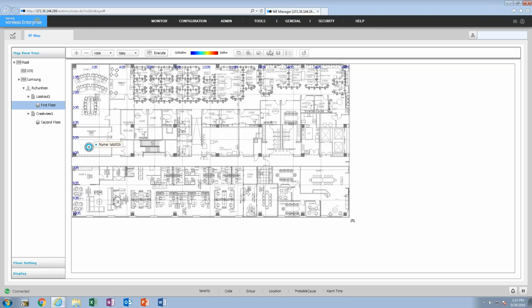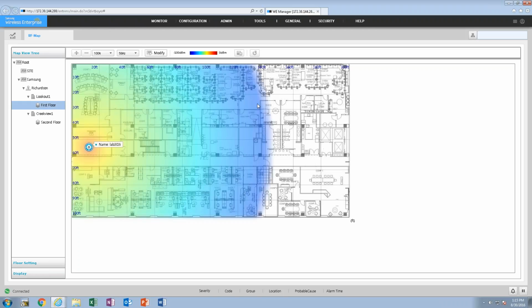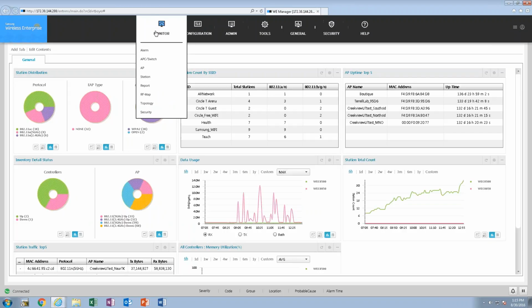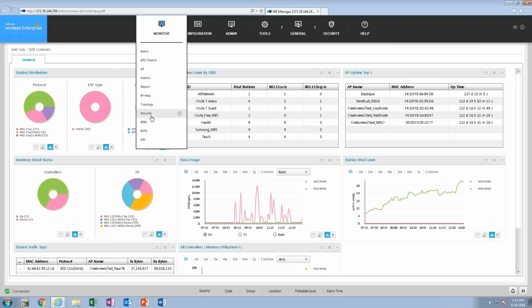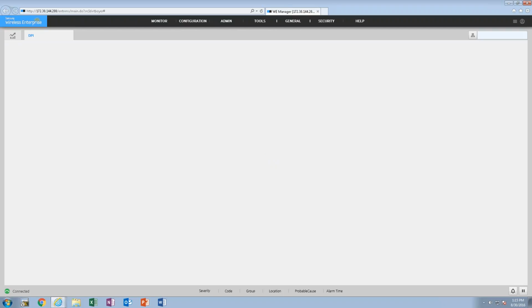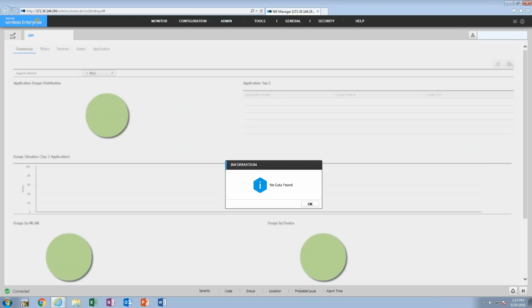Once you're done modifying the map, you would just hit save and then go back into execute mode, and that brings everything back online for real-time monitoring. Okay, so we'll go ahead and drop out of that. Moving on down, we've done topology, WIPS we don't have set up, and deep packet inspection. So this gives me the ability to look at